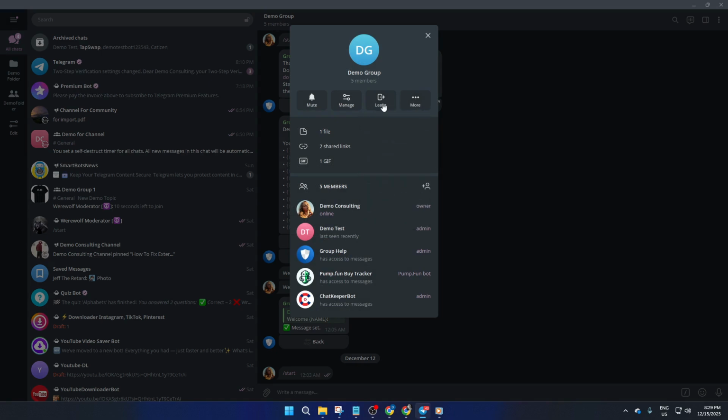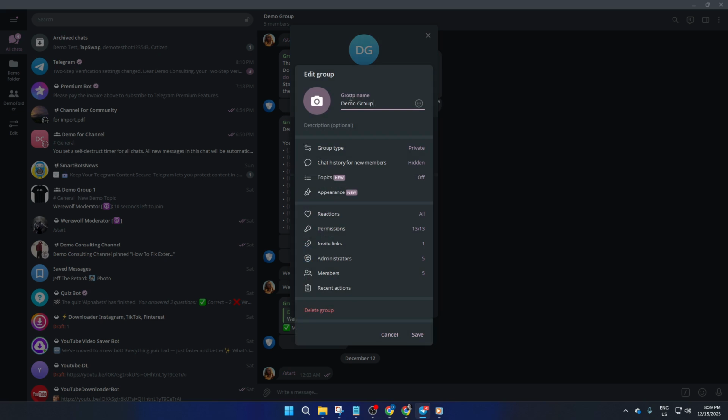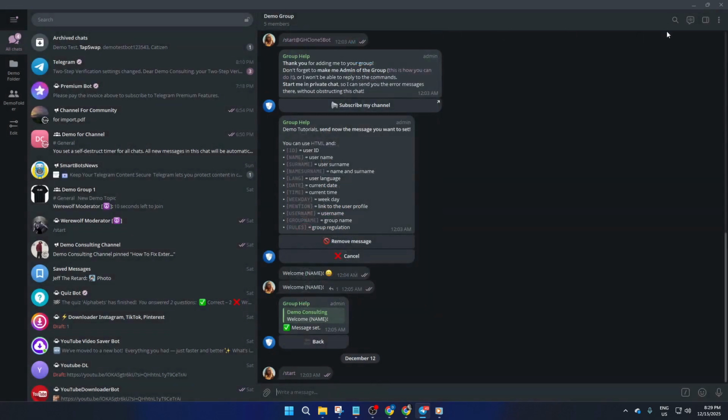Here, where things start to get interesting, look for the Profile Options menu. On most computers, you'll spot this as three dots either stacked vertically or horizontally, usually called the More or Overflow menu. Give that a click, and among the options, you should see something like Start Voice Chat. Sometimes you'll spot it referred to as Start Video Chat, but don't worry, both options can be used for audio-only meetings. A voice chat is simply a video chat without anyone using their webcam, so you won't be on camera